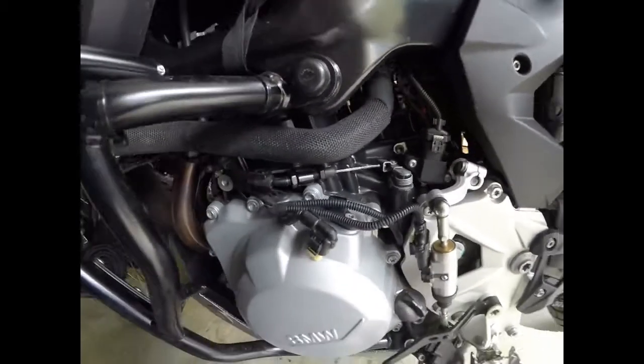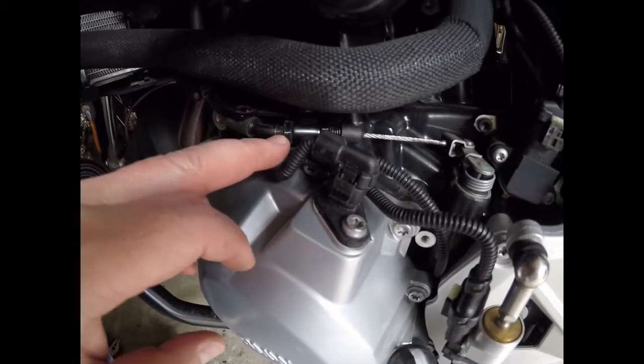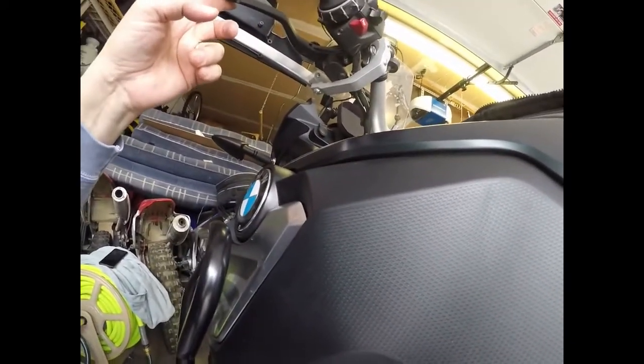So I'm actually going to go back up to the perch side, and I'm going to tighten that one back up just a little bit, and see that I do get to a point where I've got a little bit of slack. I took the jam nut here, and I wound up putting this in just a little bit further, and was able to get just a bit of free play out of the perch, and then I backed it off